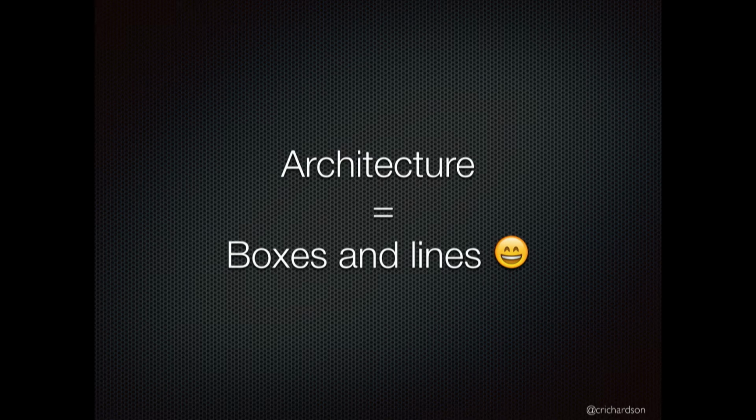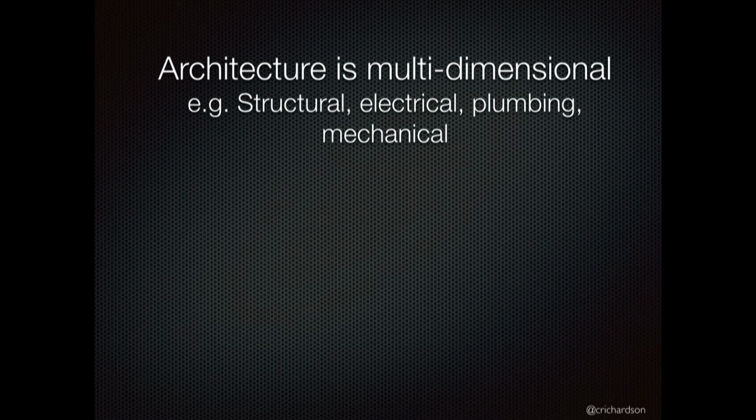Which is, I mean, the boxes are elements, the lines are the relationships between them. But it's sort of deeper than that in many ways. So, for instance, you think about the architecture of this building. In order to properly describe the architecture, you actually have to look at it from multiple perspectives. So from one aspect, there's the presumably concrete and steel, whatever this building is made of, right? There's the structural aspects of it.